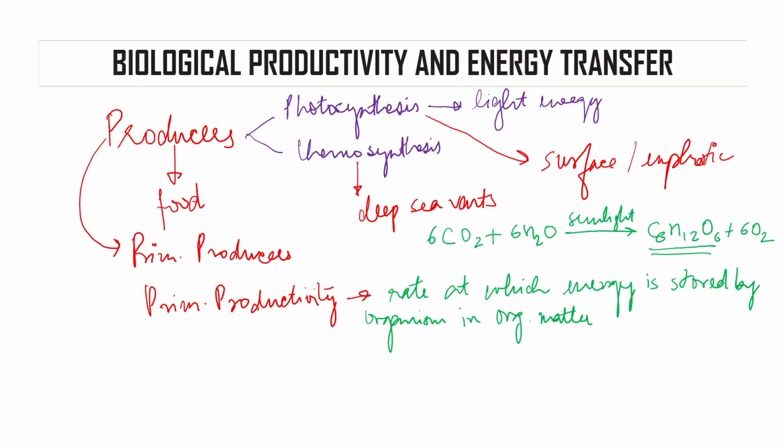So primary productivity is the rate at which energy is stored by organisms in organic matter, using energy derived from solar radiation during photosynthesis,